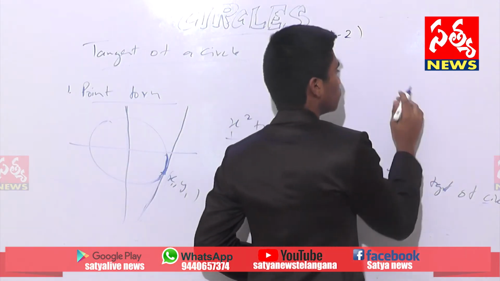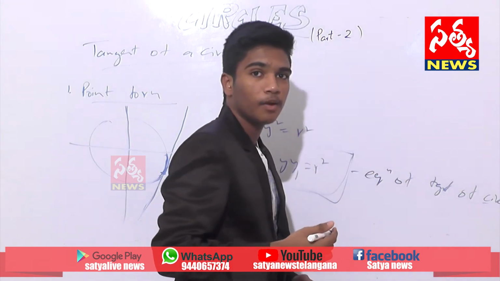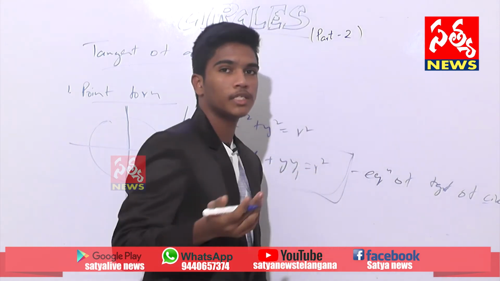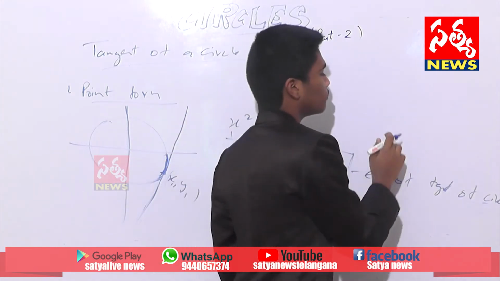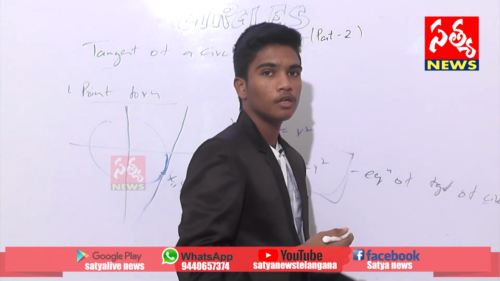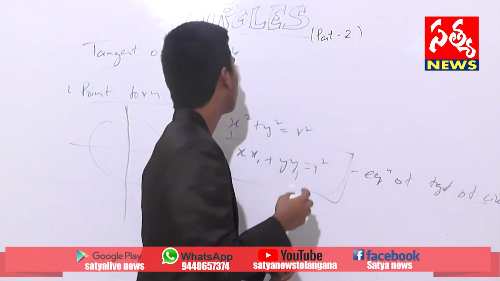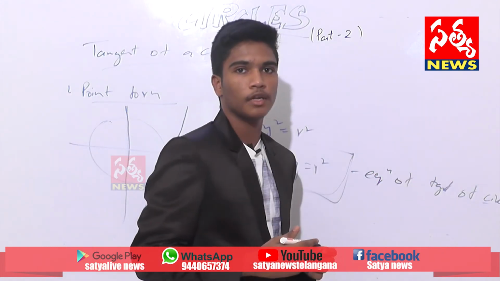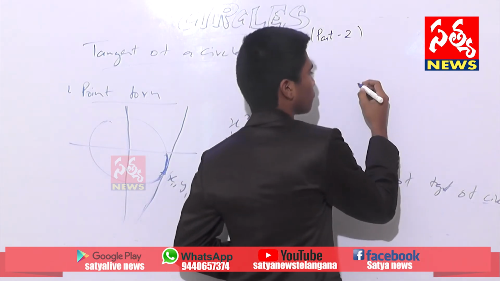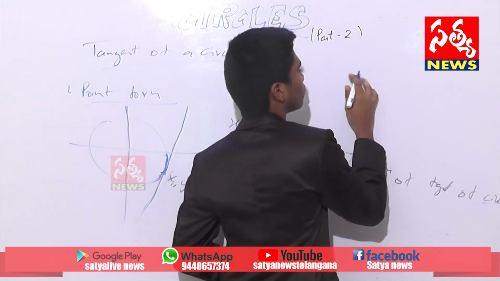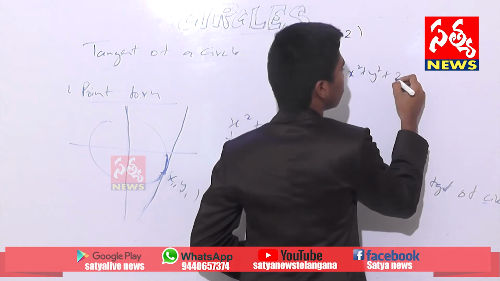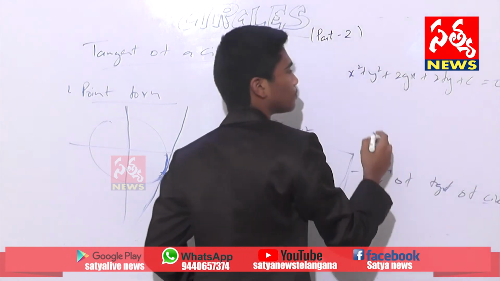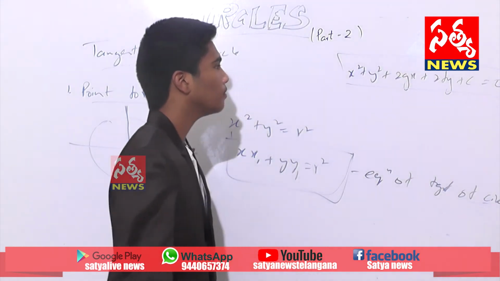And another one is the second degree equation. We all know that when 2h is 0 and the coefficient of x square and y square must be equal, then only a second degree equation is said to be an equation of a circle. This point I have said in the first part of circles. Please watch it. So x square plus y square plus 2gx plus 2fy plus c is equal to 0. So this is the equation of the circle.